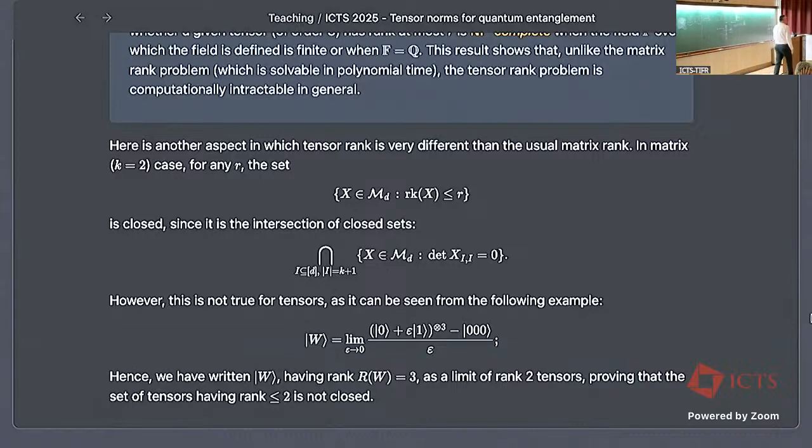This is something very problematic for people. It's problematic, but it makes the theory rich, because people in algebraic geometry think a lot about these questions. So there is a new notion of rank called the border rank, which really includes these limits. The border rank is the minimum R such that you can write your tensor as a limit of tensors of rank R. So it's kind of the closure of this rank R.